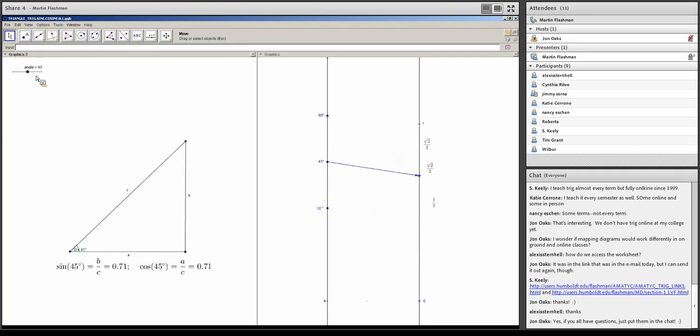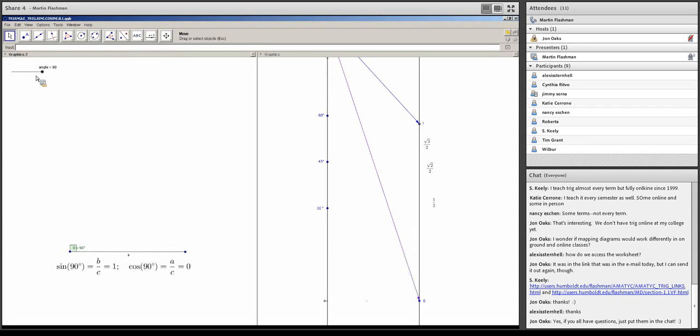And at the other extreme, if I get to 75 degrees, we're up close to 1 for the sine, getting closer to 0 for the cosine. And when we get to 90 degrees, of course, there's no triangle anymore, but we have the extremes shown at 1 and 0 for the sine and the cosine. So that's